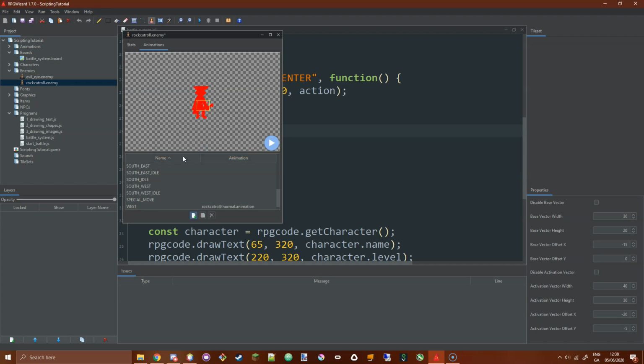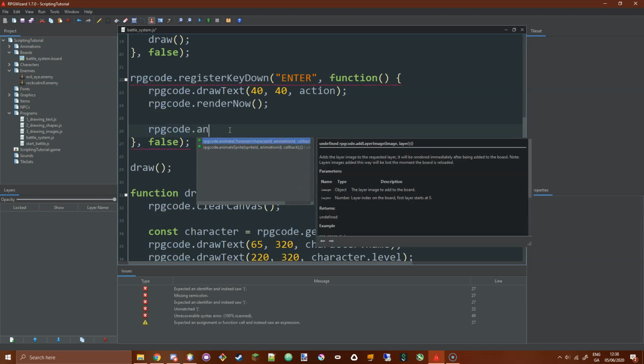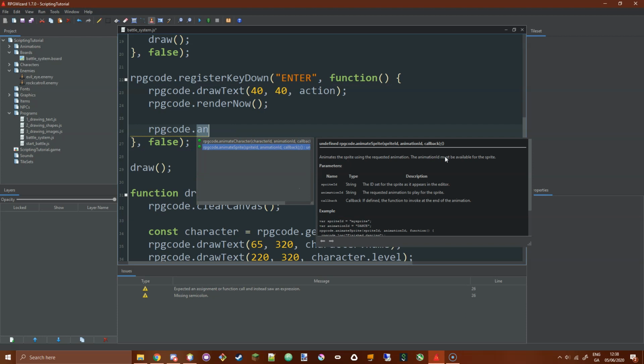It's alphabetically sorted, so it's there, and you could create your own custom animation. Okay, so there's another part to that as well that I need to talk about, and it's the callback. So basically, what the callback does is it means